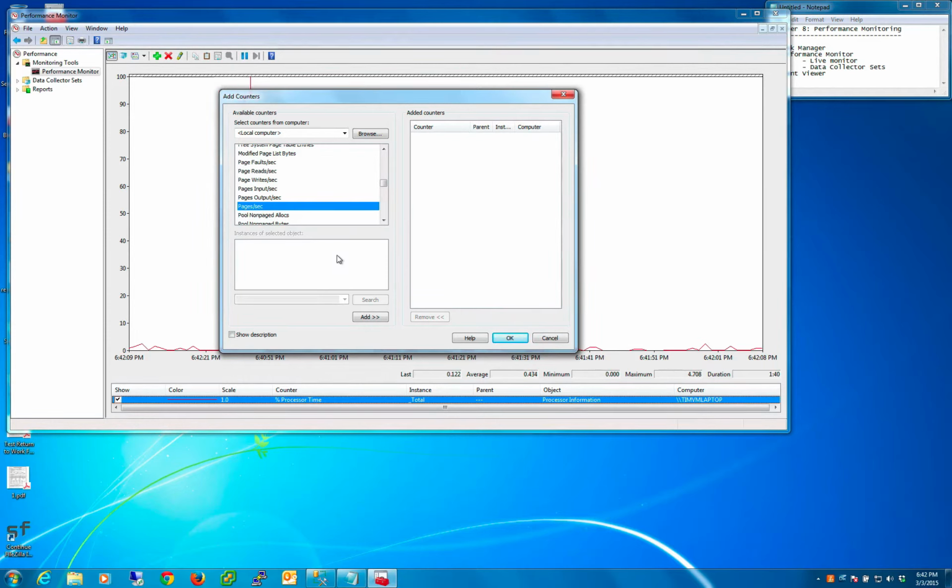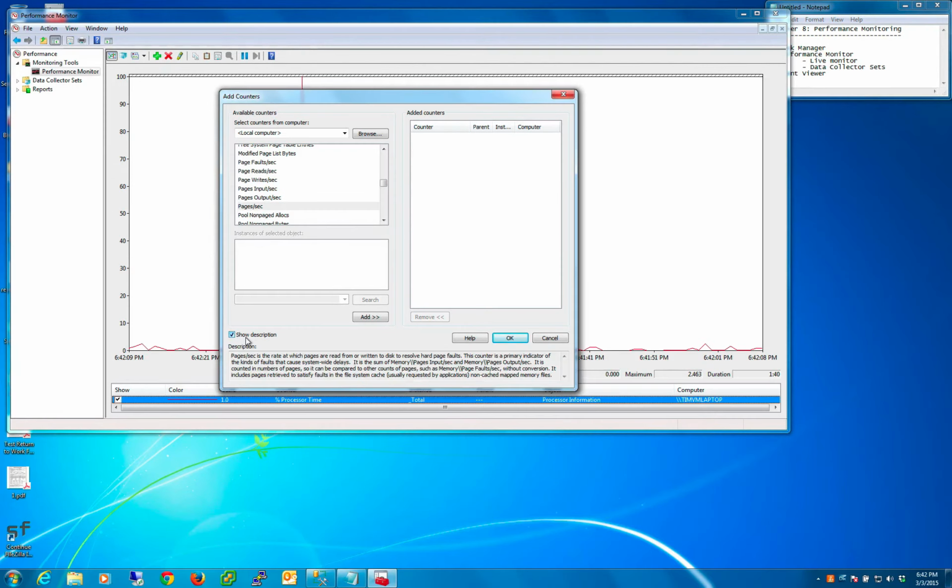Well, Microsoft in their infinite wisdom has decided that it wasn't important enough to show initially, so you have to click this show description button in order to receive a description of what you're actually adding here. So you can see here that the pages per second is the rate at which pages are read from or written to the hard disk